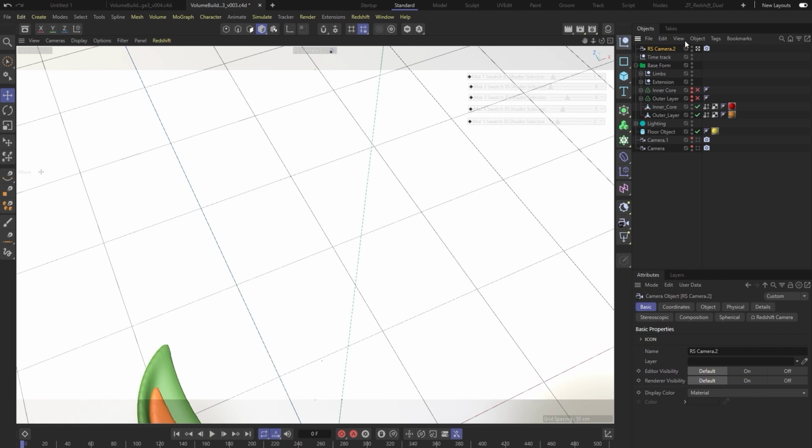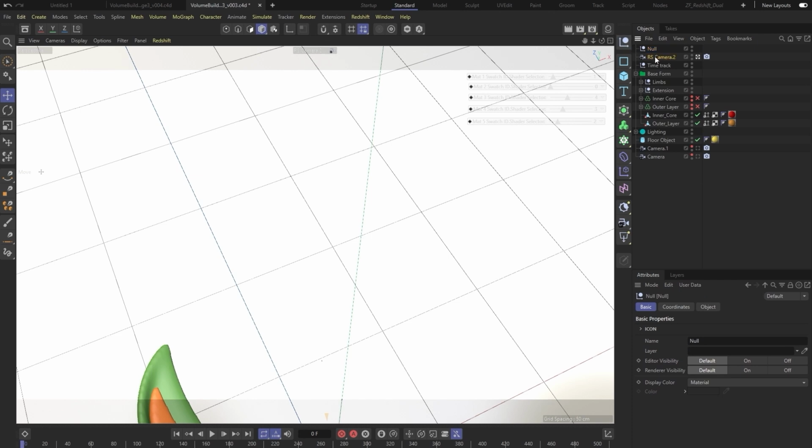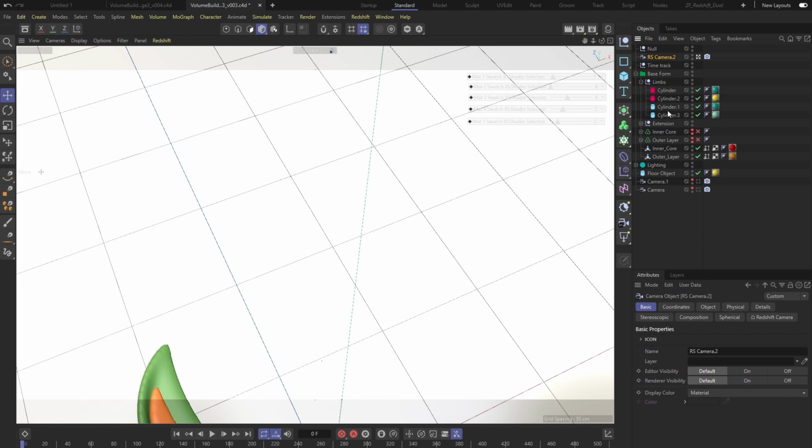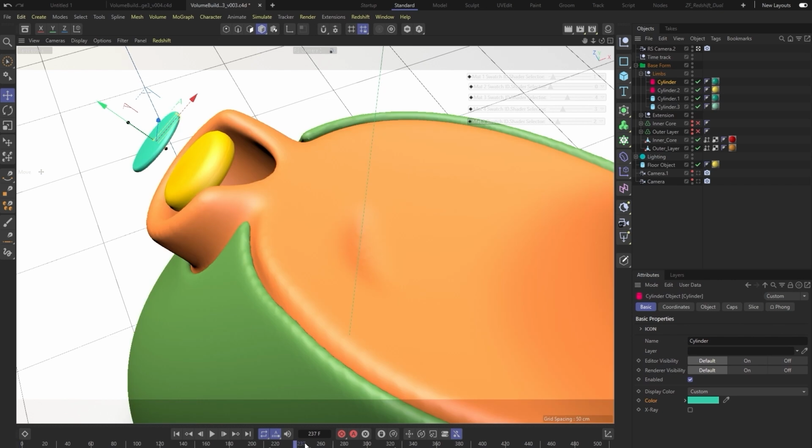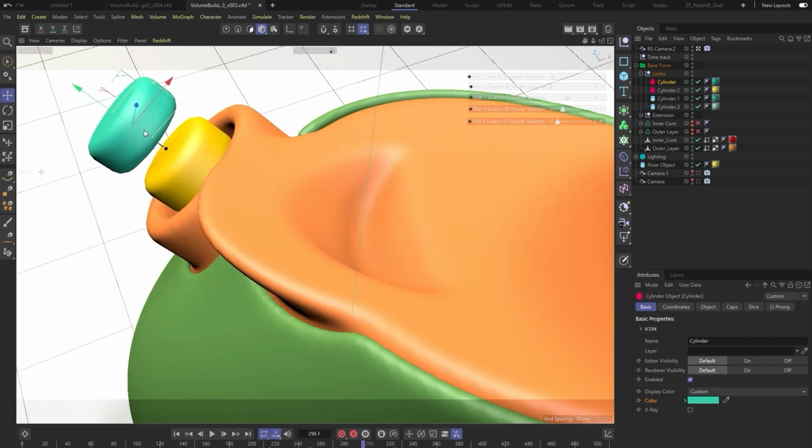So I've got my camera. I'm gonna add a null because I'm gonna do some interesting things here. What I'd like to do is actually get rid of that null. Let's go to this moment here. I'm gonna use this y-axis of these little tree limbs as a pivot point.